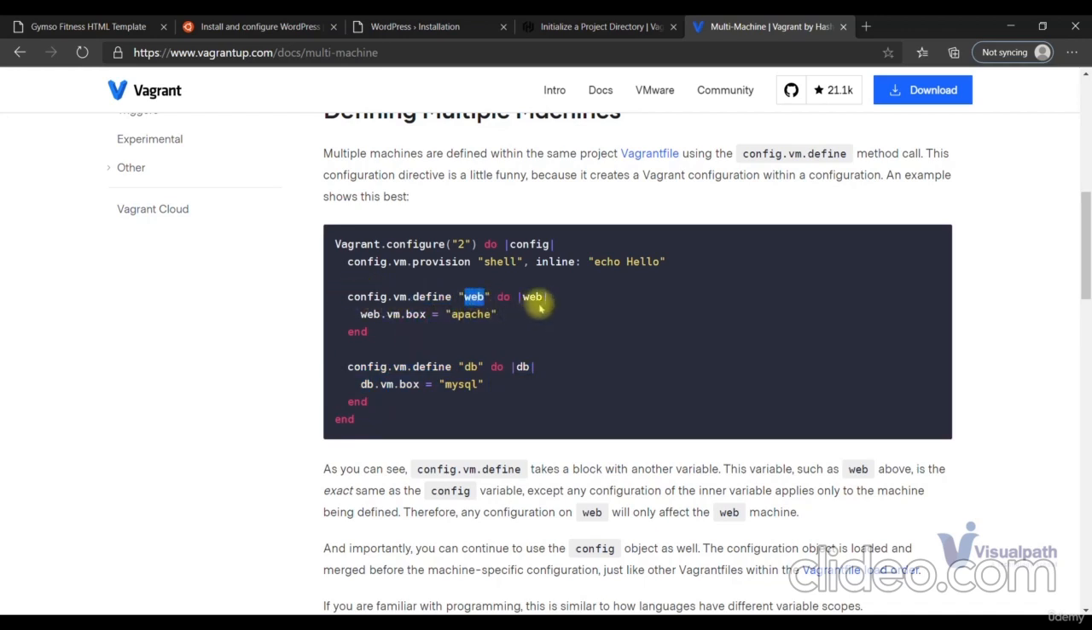config.vm.define web, and then web. Here you have web.vm.box equal to the box name. So this is one VM and this is another VM. Right here the name of the VM is web, here the name of the VM is db. And then you can put your other settings like network, sync directory, provisioning. Right, so let's copy this